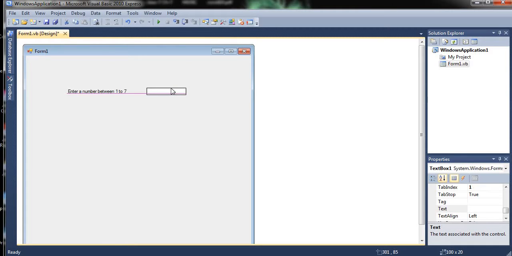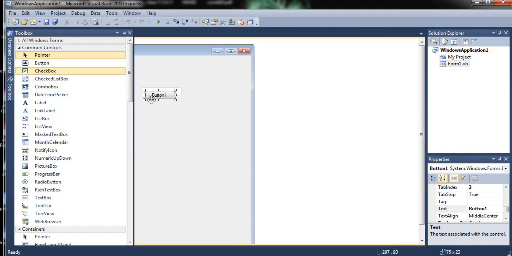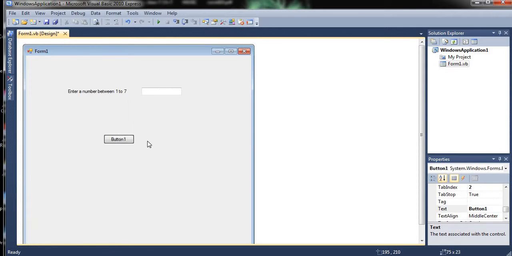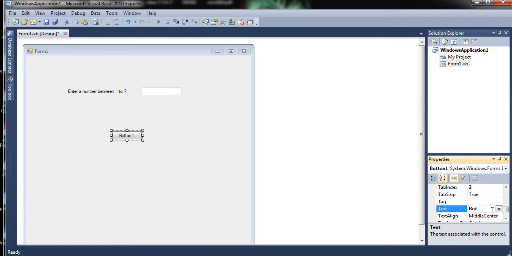This will be displayed to the user, and then the user will give any option between 1 to 7 in this text box. Then after giving the input, the user has to click on a button. So I am taking one button also, and in the button I will display: show corresponding day.